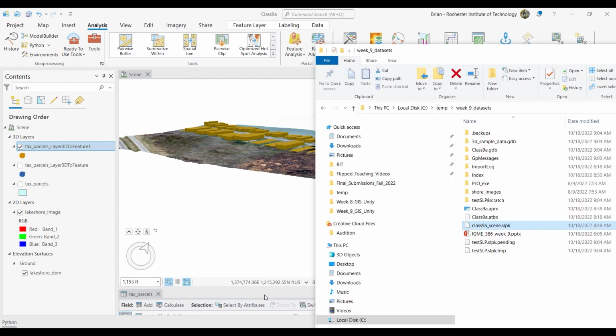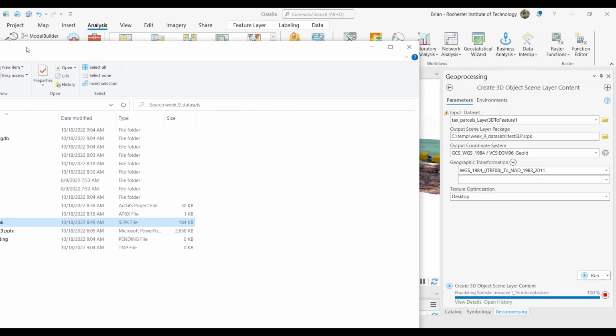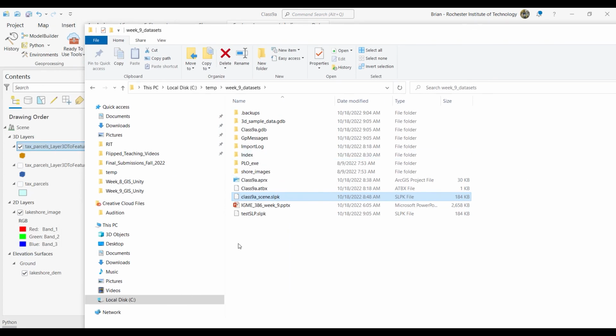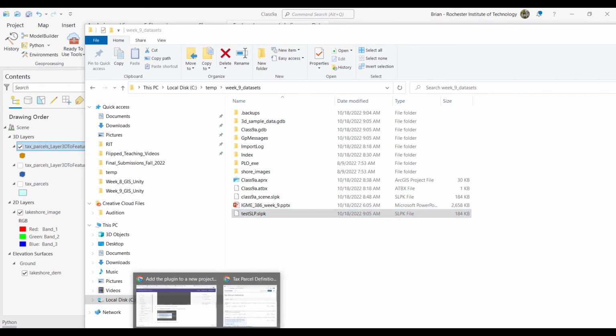And that gave me a file. Oh, it's still running, actually. There it goes. Now it's done. That gave me this one here, the scene layer package. And then I went and